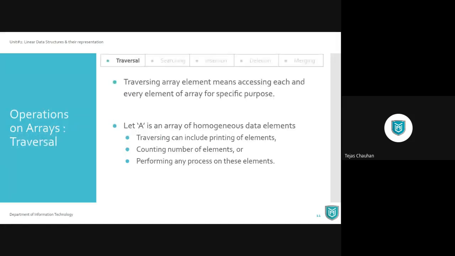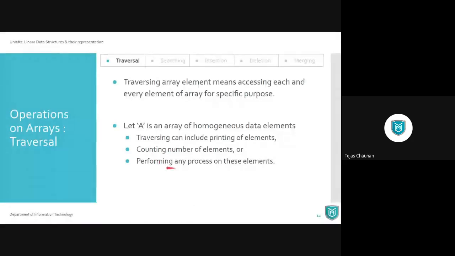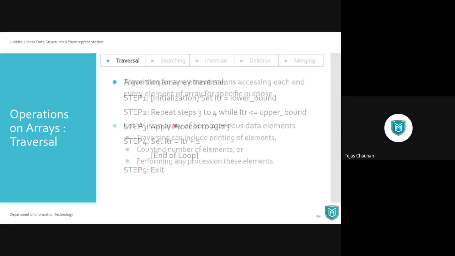These are very basic operations on arrays, and we'll look at them one by one. The first one is traversing our array. When we say we want to traverse, we want to visit each and every element. Once we visit it, we can print those elements, count those elements, or do any process on those elements, whatever we want. That's what the traversal process is. Now how do we do that?